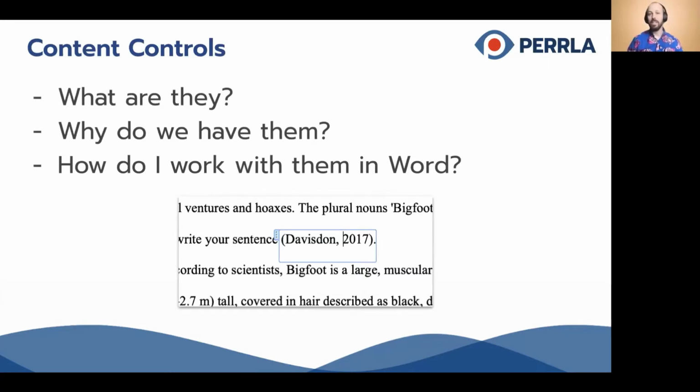Well, a content control is essentially just a box that we're allowed to put around content in your paper that allows us to insert things like citations or references into your text. And it also allows us to know where that content is in your paper. So that kind of covers both what it is and why we have them. We have them because we need them to be able to keep track of the citations and references and other elements of your paper